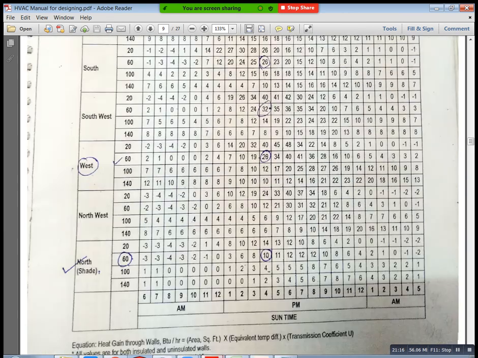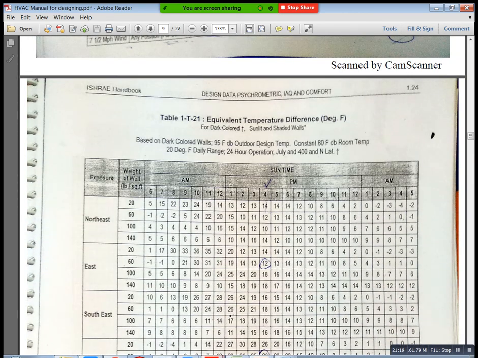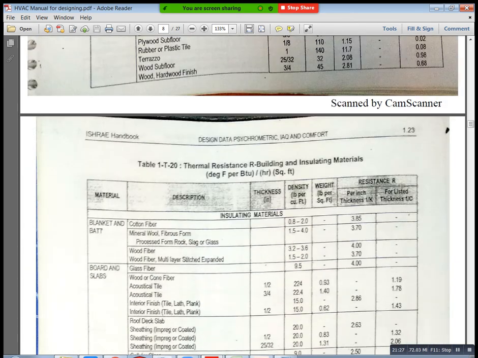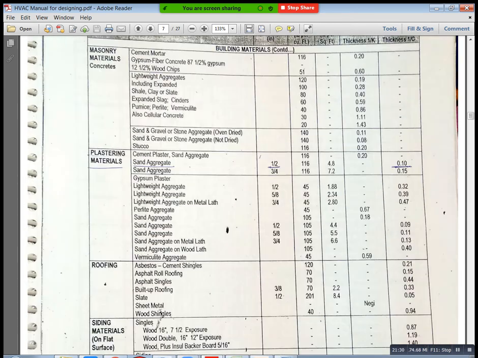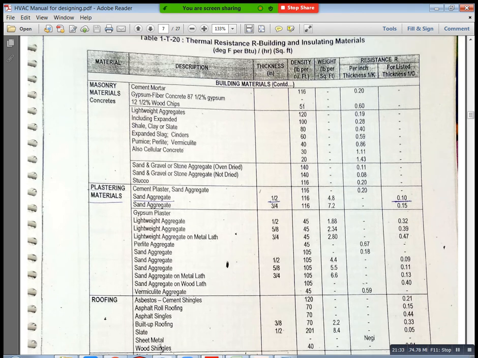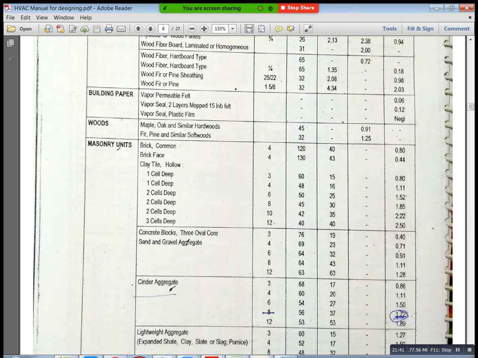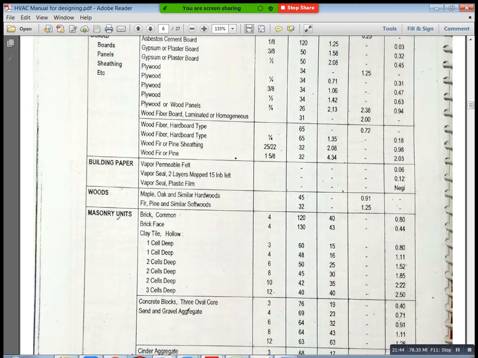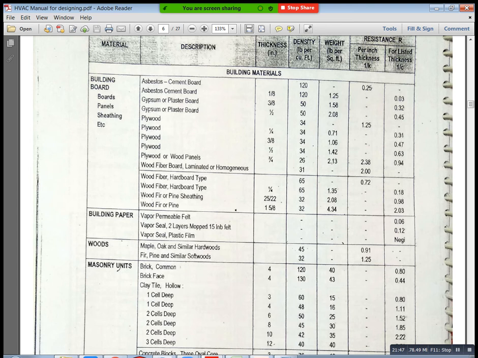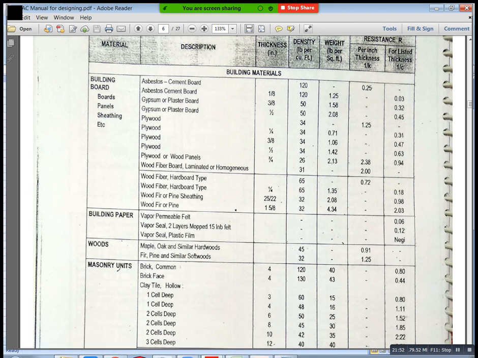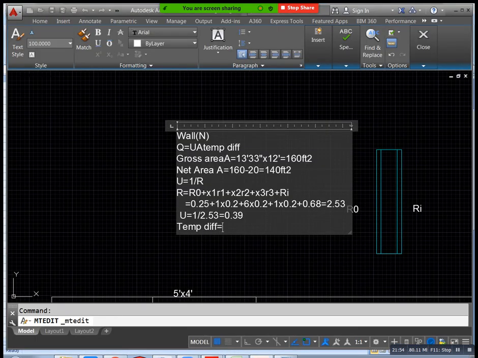But you can see the brick condition, brick common. Here we have weight 40. Okay, for 4-inch purpose 40 is there. For example, if you are using 6-inch brick, you can take 60 lb per square feet. Now you can mention this one, here you can mention 60 lb per square feet. Now we know the weight of the wall, and at the same time the direction of the wall also. Based on these two, we need to find out. Now you can see weight of wall, and that is the north direction. North direction means you can go here, 60 lb per square feet. We are using 6-inch brick, and for cement plaster we don't have any weight of wall. Now you can go for 60, and we need to take, here we have peak time.